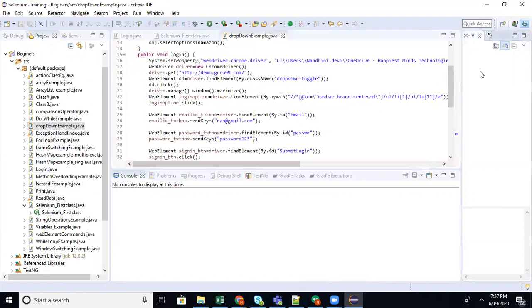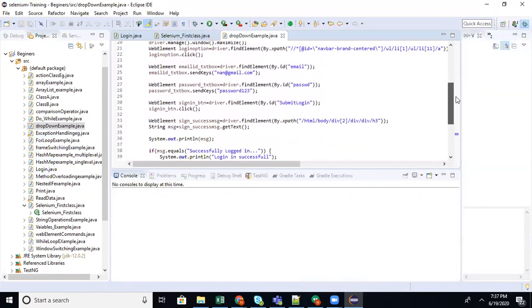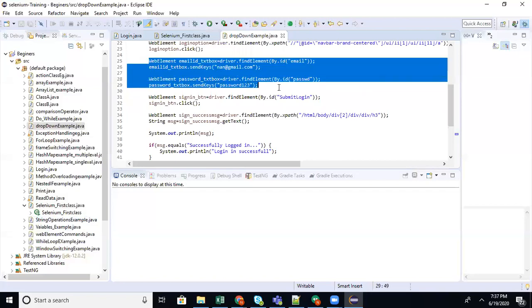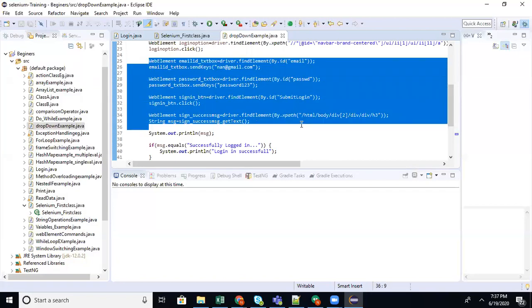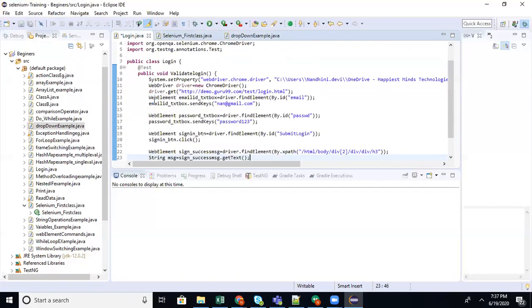This is for password and sign in button. Done. So the one test case is done.